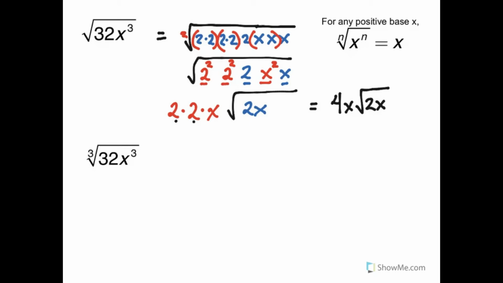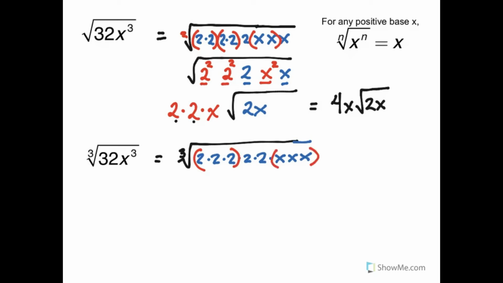Simplifying a cube root is really similar to this, except we're looking for 3 copies because a cube root undoes a 3rd power. So if I write out the factorization of the expression, I still have 5 2's multiplied and 3 x's multiplied, and I'm looking for groups of 3. So 3 2's and 3 x's are here. That's a 2 to the third and an x to the third. And then there's 2 copies of 2. That's not enough to make 3.